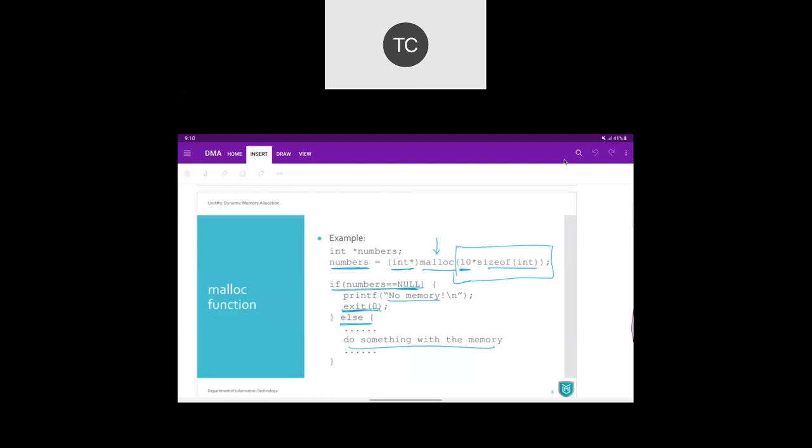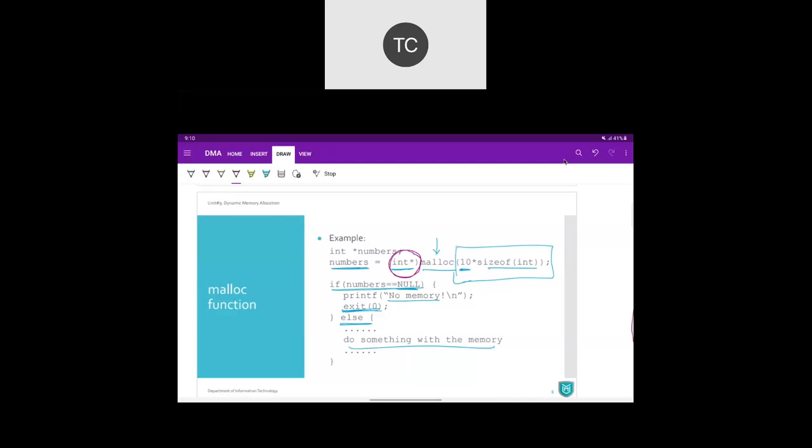Now malloc is always going to allocate that memory block. It's a single memory block. It doesn't know what kind of data you are going to store inside. So we have to typecast that memory block into the required data type that we want. That's why we make use of explicit typecasting before we store that address into any variable. That's one reason.